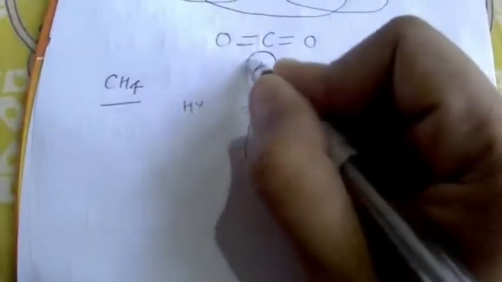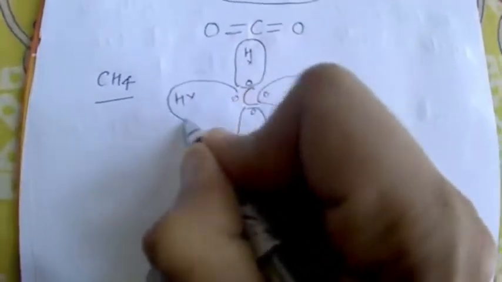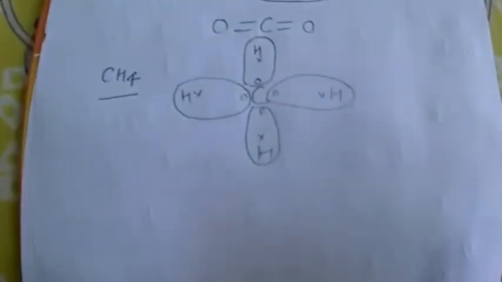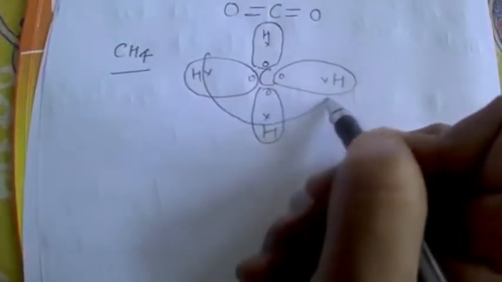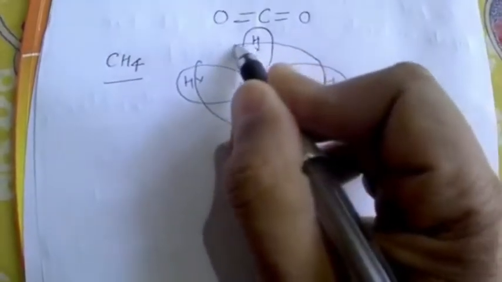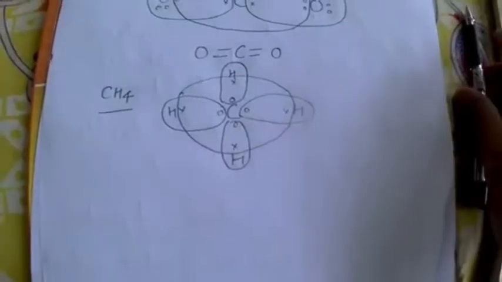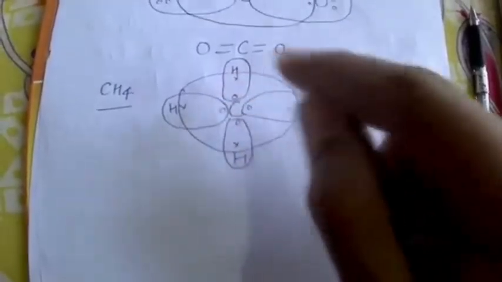Like this. In this circle you have to take the element also inside the circle, but for carbon you have to draw a bigger structure, because hydrogen can have a helium type electronic configuration, but carbon has to follow the neon type stable configuration. So 8 electrons in the outermost shell. Remember, we are talking only about 8 electrons in the outermost shell. We are not talking about 2,8 like neon, because we are taking only outermost shell electrons here.